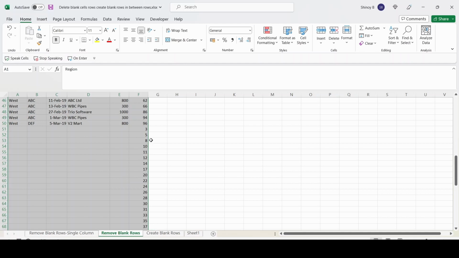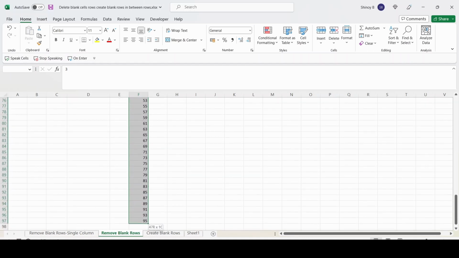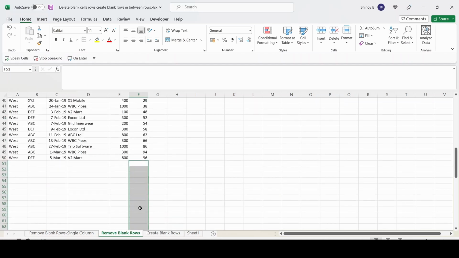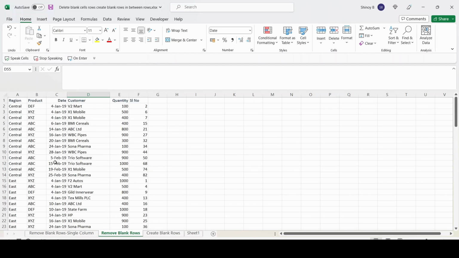So I'm going to delete all these serial numbers attached to the empty rows. I'm selecting, pressing the delete button. So I deleted. Now I'll scroll up. I'll select again the data range including the newly created serial number column and